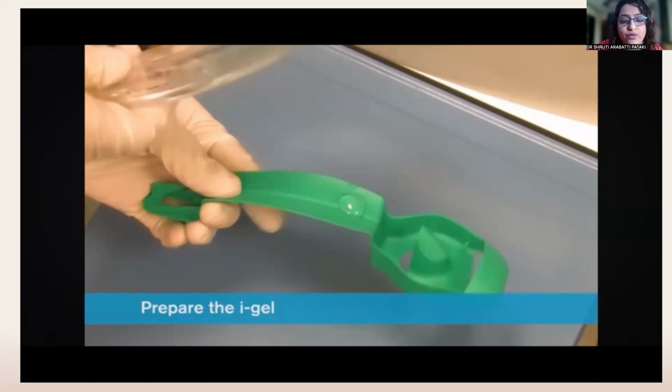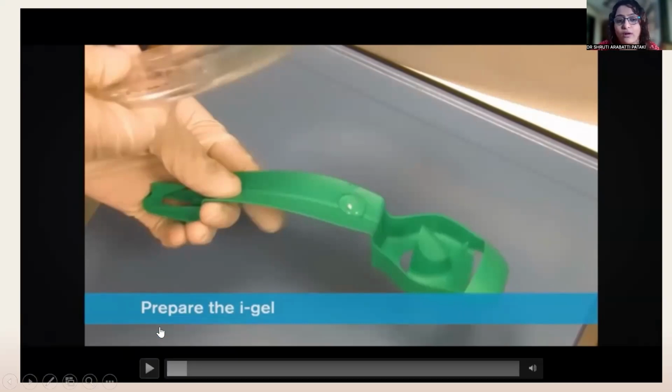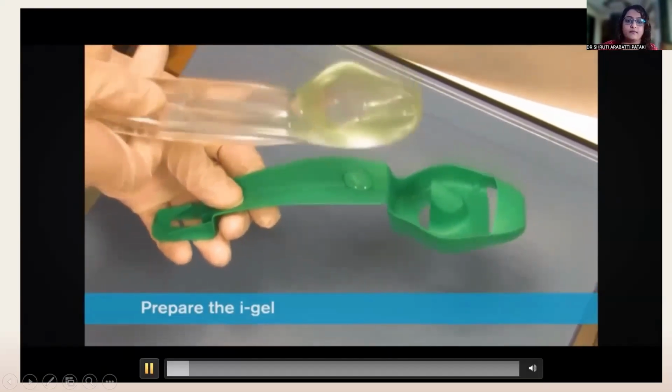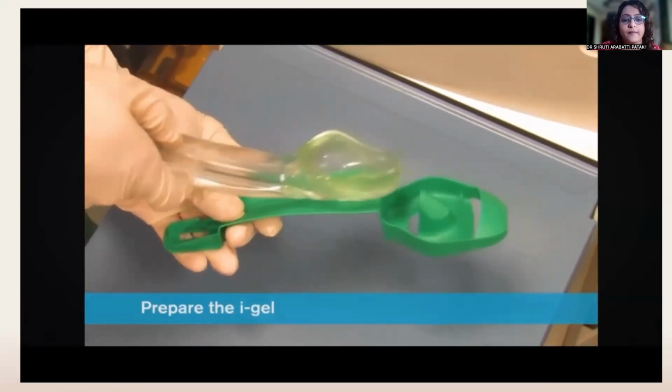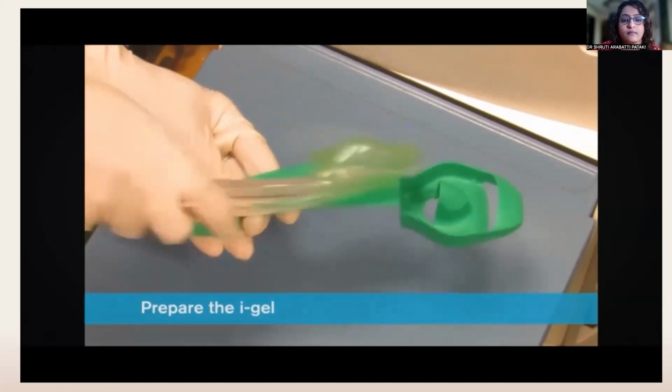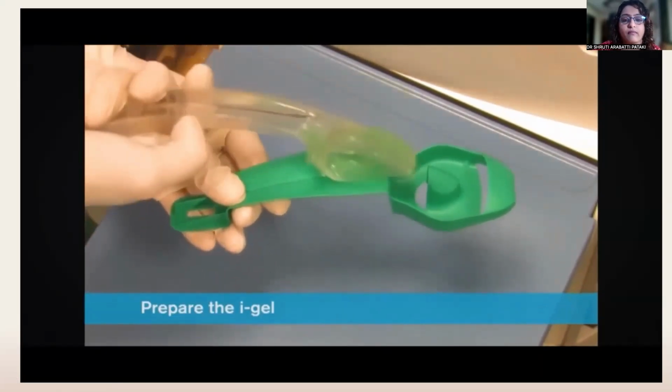So I hope we're using water-based and water-soluble jellies and not silicone-based or lignocaine jelly. It's really important that we do not use these. Grasp the i-gel with the opposite free hand along the integral bite block and lubricate the back, sides and front of the cuff with a thin layer of lubricant.